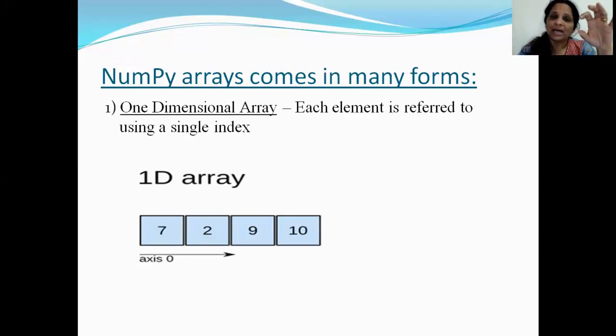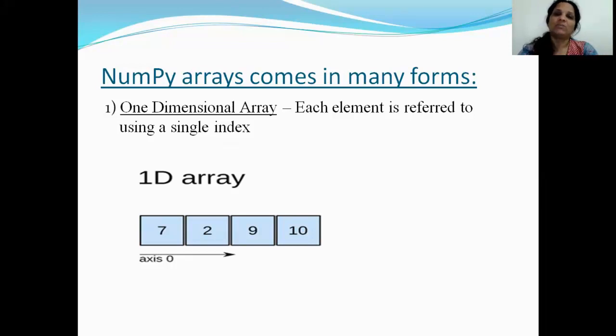Now, the NumPy array comes in many forms. You can have an array which is one-dimensional, which looks something like this drawn on the screen. I have drawn it horizontally. You could have drawn it vertically, doesn't matter. Normally, in maths, when I talk about a line, we say a line is one-dimensional. Whether I draw it from top to bottom or from left to right, it is a one-dimensional structure.